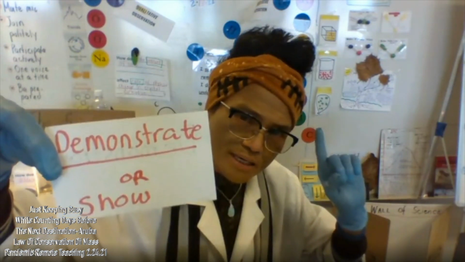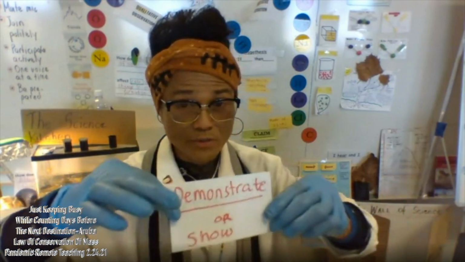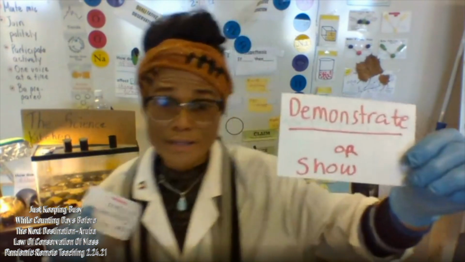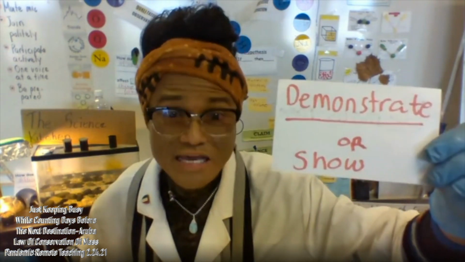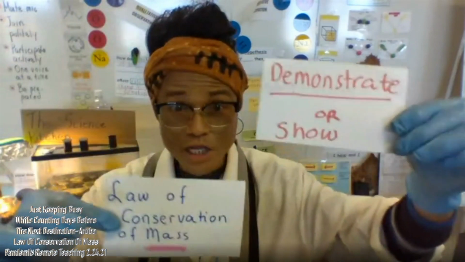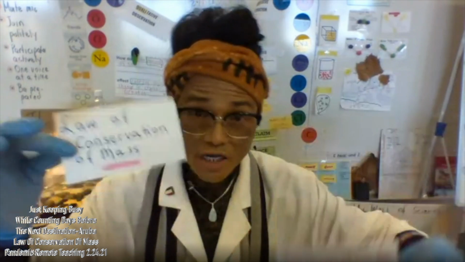It will not be similar to what we've done in the past, because this one uses a different chemical equation, and the main reason you will show what you have learned is to demonstrate or show if a chemical equation follows the law of conservation